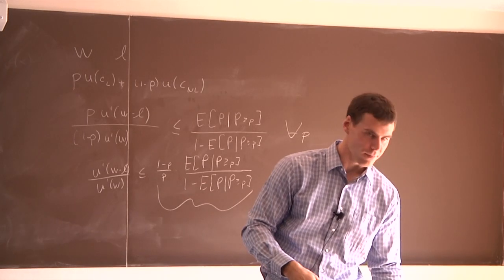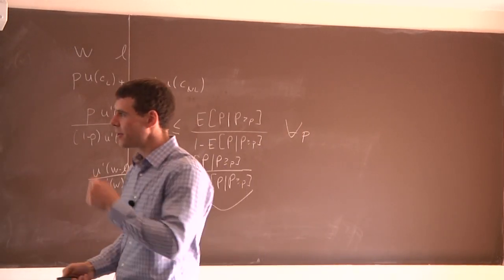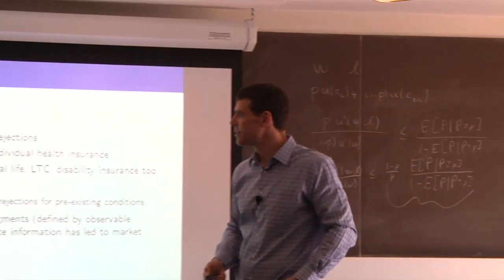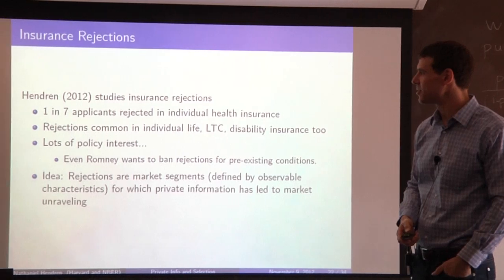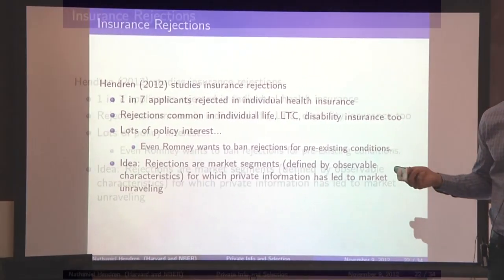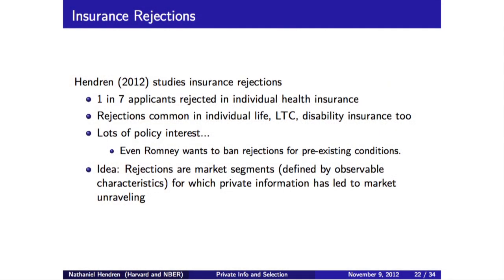Cool. All right. So the setting that I consider in my own work is insurance rejection. A lot of people can't buy insurance policies. Insurers reject people because they have certain observable, often high-risk characteristics. So for example, in long-term care insurance, if you've had a stroke, even if you're 55 years old and otherwise healthy, you're no longer going to be able to buy an insurance policy that would provide you money in the event you go to a nursing home. The insurance companies are like, we're not going to deal with you. We're going to turn you away.